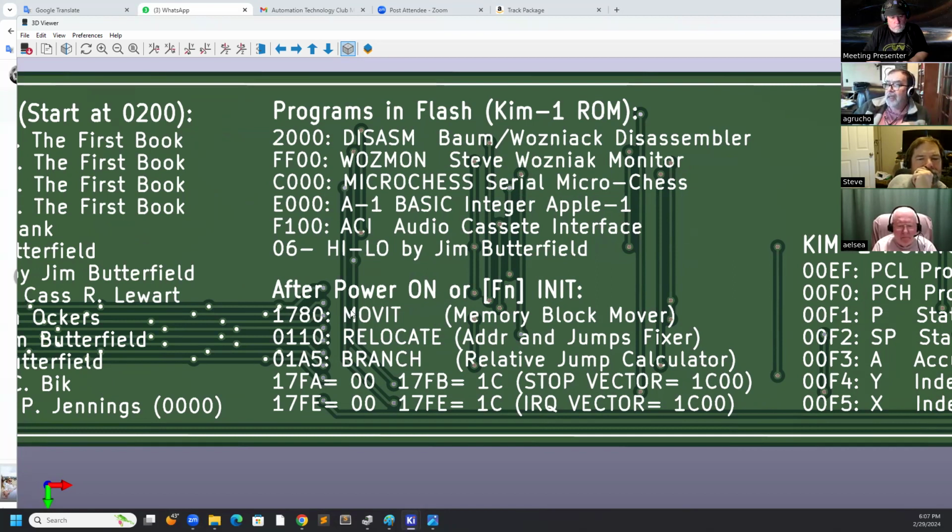The original KIM-1 used this code in memory to do a memory block mover and to change the relative jumps in the code. And it updates several vectors also when you power on or you press function init.